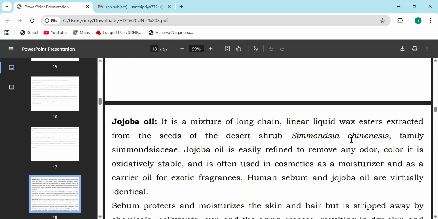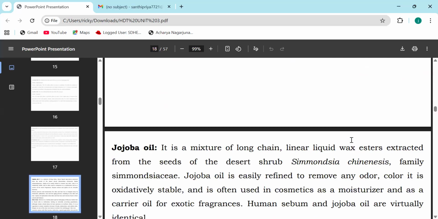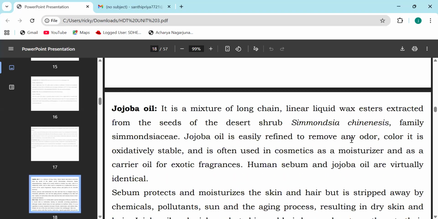So it is a mixture of long chain and linear liquid wax esters extracted from the seeds of the desert shrub Simmondsia chinensis. It belongs to the family Simmondsiaceae. Jojoba oil is easily refined to remove any odor and color. It's oxidatively stable and is often used in cosmetics as a moisturizer and as a carrier oil and for exotic